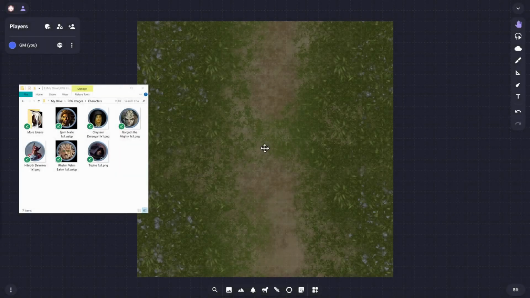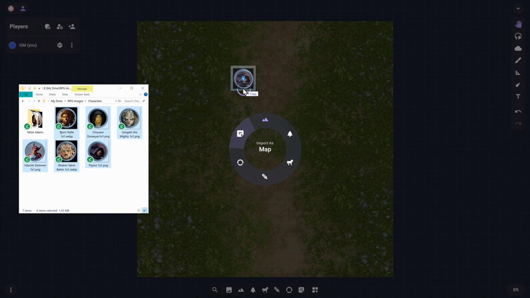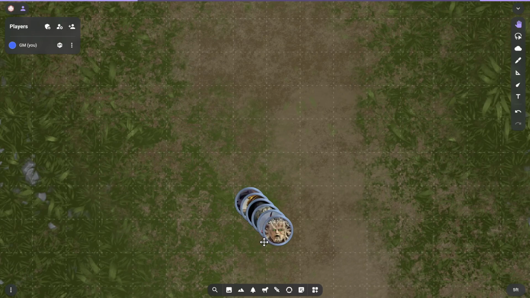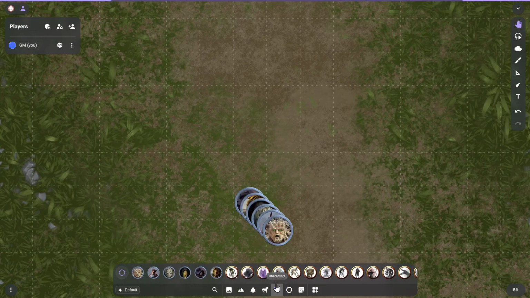The fastest way to import an asset is to drag and drop an image file onto a scene that's open. I'll grab these tokens from my computer's file storage and drag them directly over the scene. You can see the wheel selector has appeared, and I choose which layer of the scene these tokens will inhabit. The tokens appear immediately at a scale that's derived from their file names or their dimensions, and I can see them appearing now in the dock